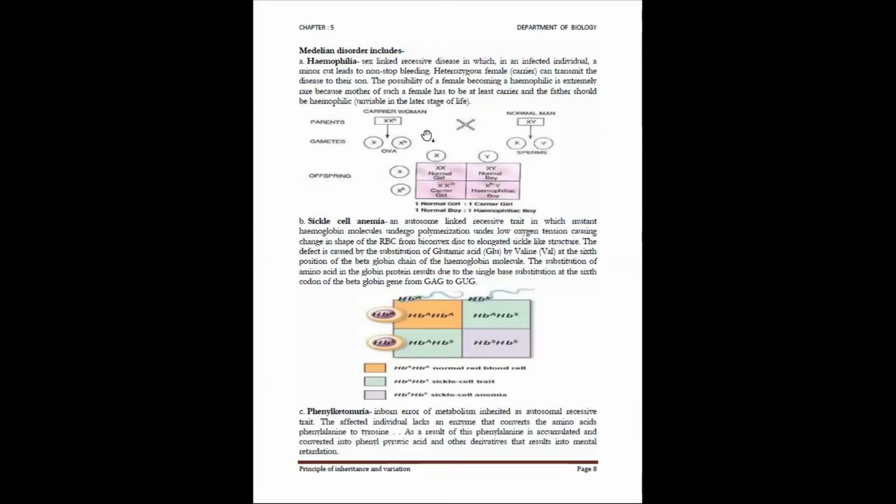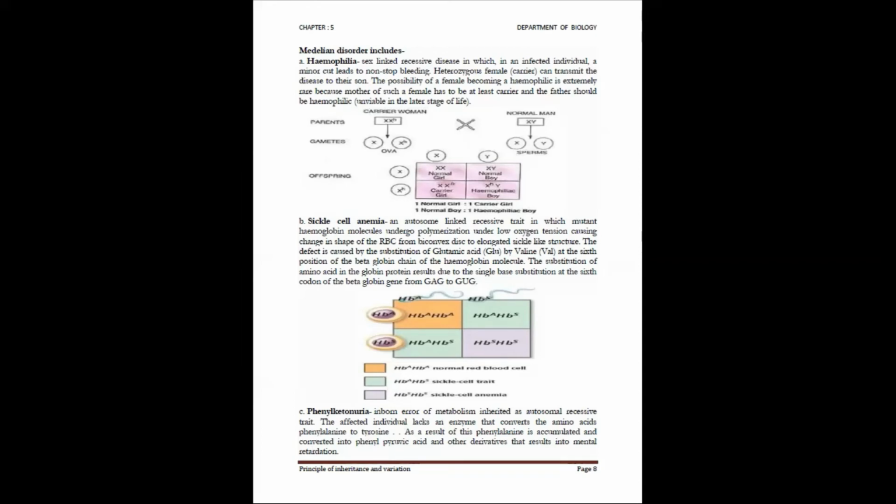And majorly for all the diseases, you have to write the symptoms. Symptoms are like, hemophilia, the woman is having non-stop bleeding. Sickle cell anemia, here the RBC level is less. Phenylketonuria, here there is mental retardation. So these again you have to write.